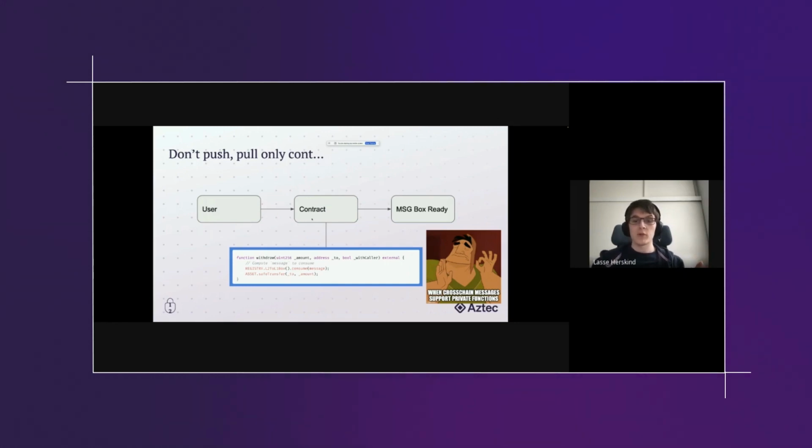The inputs don't really matter that much in this case, actually, as long as we can compute what message we need to consume from those inputs. And then the contract will go to this message box and consume the message. This means that we could have a lot of private inputs, maybe a secret somewhere in there, and then we're just taking the